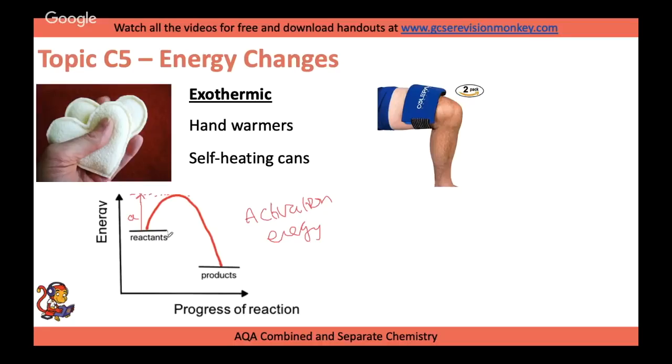Our overall energy change is the difference between the reactants and the products. So this here is our overall energy change. You may sometimes see it as change in heat, okay, delta H, change in heat. And the final thing is a catalyst. You may see the effect of a catalyst, which is to lower the activation energy. So a catalyst does two things. Yes, it speeds up a reaction, but it does this by providing an alternative pathway